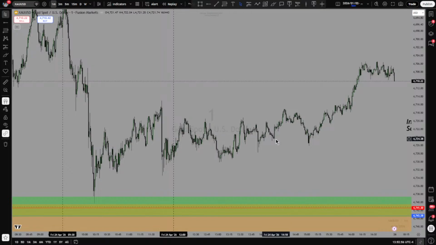It's not a good thing. It's not a good thing at all because why? Why would you actually assume that? But okay, let's just annotate this. This is the high, this is the low.